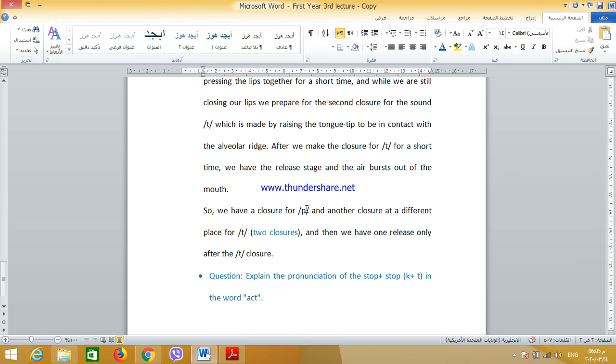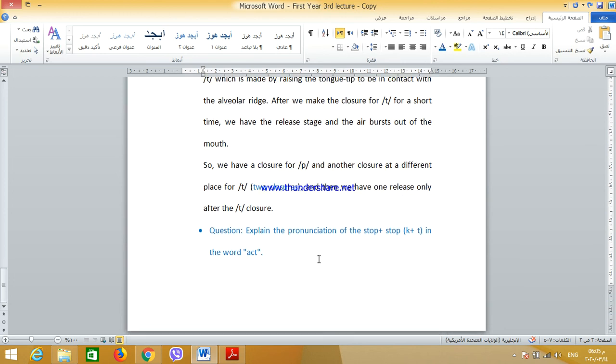That's why it's necessary to keep the oral cavity closed until the t is released and the air is pushed out. Like kept. Kept. It shouldn't be pronounced like kep-t, no. There is no release after p. Okay? Now, I want you to